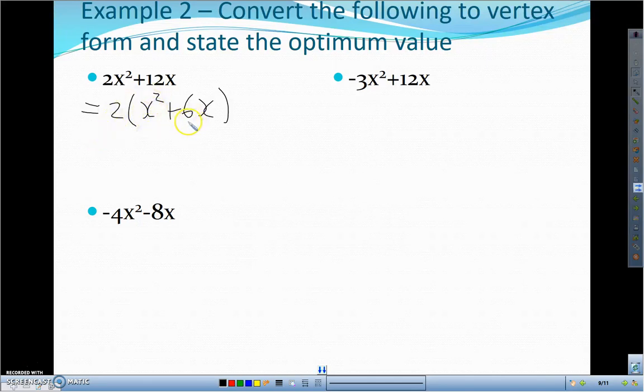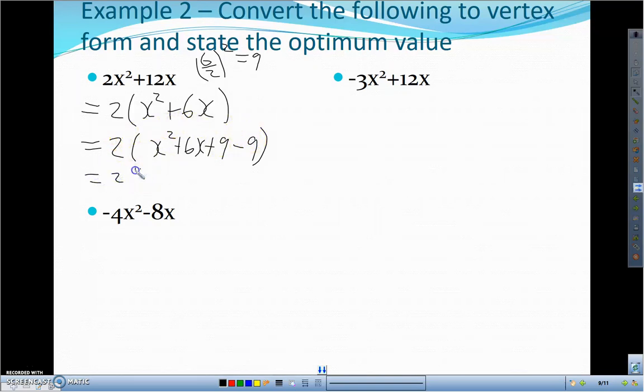And now we can proceed like we used to, except whatever we do, it now has to go inside these brackets. So 6 over 2 squared means that's going to be half of 6 is 3. 3 times 3 is 9. So what we're going to do is inside the brackets, we're going to add and subtract 9 at the same time. x squared plus 6x plus 9 minus 9. And actually what happens is this 2 is going to multiply this minus 9. And it's going to come out 2 bracket